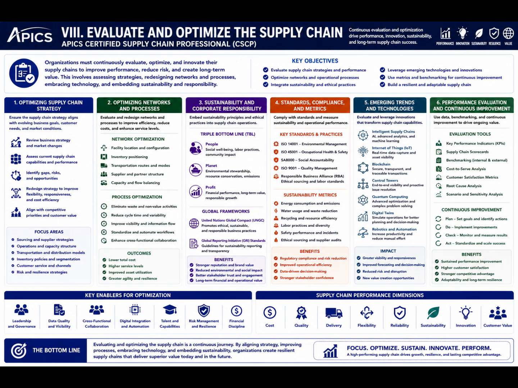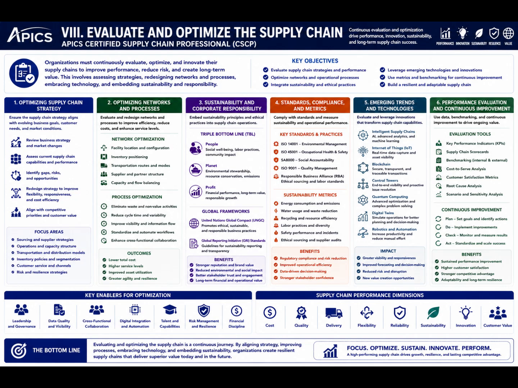Organizations evaluate their existing supply chain networks, facilities, transportation systems, and workflows to identify inefficiencies, bottlenecks, and opportunities for improvement. Network redesign may involve adjusting warehouse locations, transportation routes, inventory placement, or supplier structures to enhance performance and reduce operational costs. Process optimization focuses on improving workflow efficiency, reducing waste, increasing visibility, and enhancing coordination across supply chain activities. The program demonstrates that optimized supply chain networks improve customer service, operational reliability, and resource utilization while supporting long-term business